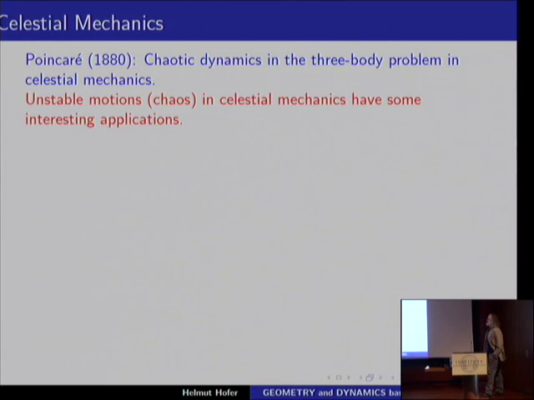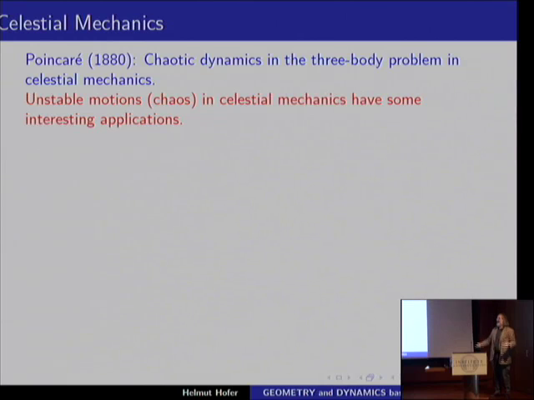A mathematician whom we definitely have to mention is Poincaré. He contributed, of course, in many different directions in mathematics. But in 1880, by looking at this problem which you saw at the beginning, before my talk, what is called the restricted three-body problem, where you have two masses and a very small mass which you assume does not influence the other bodies, and you describe everything with respect to a rotating coordinate system, he found that in this system there is actually chaos. What is chaos? Well, chaos is precisely the phenomenon you saw at the beginning. If you change a little bit the initial data, the long-term outcome is completely different.